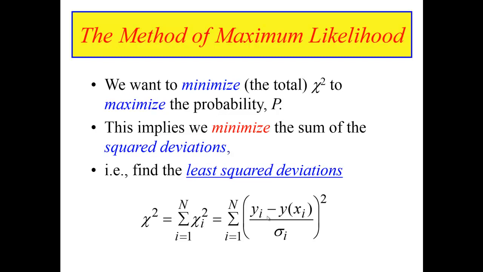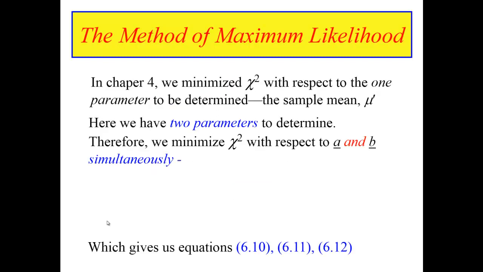So when we minimize a function, what do we want to do? We want to take some kind of a derivative. Only here there are two parameters in our assumed function that describe our data. There's a slope and there's an intercept. So in order to find the values of the slope and the intercept that minimize this function, we need to take the derivative of chi-square with respect to a and with respect to b and set each of those two quantities equal to 0. Back in chapter 4, we only did this with respect to one parameter, and that was